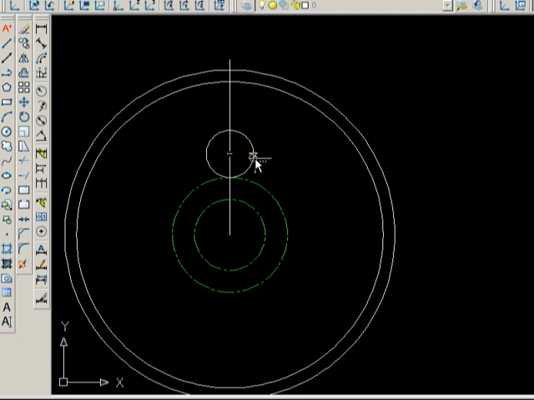And I'm going to come here and click here, and I'm just going to type in @5<54. Let me do that again. At 5 less than